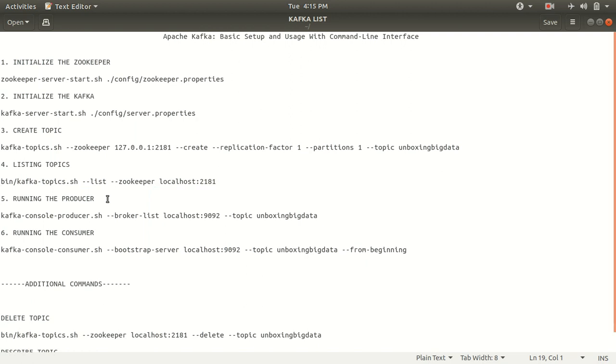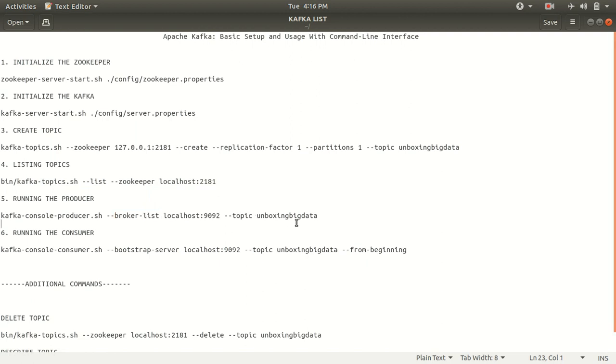Next step is to run the producer, right? Now the topic has already been created. Now we need to run the producer. So for this we are making use of this script file, which is kafka-console-producer.sh. Then we have a broker list. I've already told you that broker is nothing but another name given to the Kafka server. So by default the Kafka broker listens on the port number 9092. So these two are nothing but default port numbers, okay, which we already configured during the configuration. It's 2181 on which the zookeeper listens, and 9092 on which Kafka listens, right?